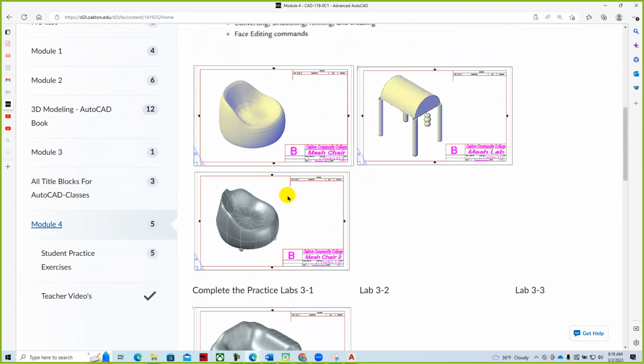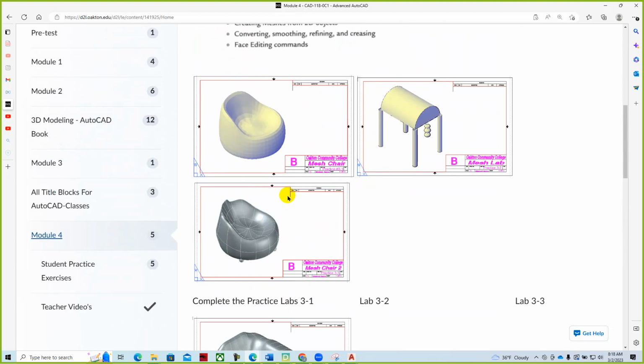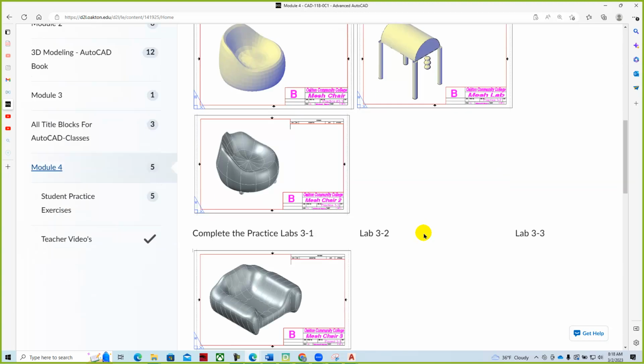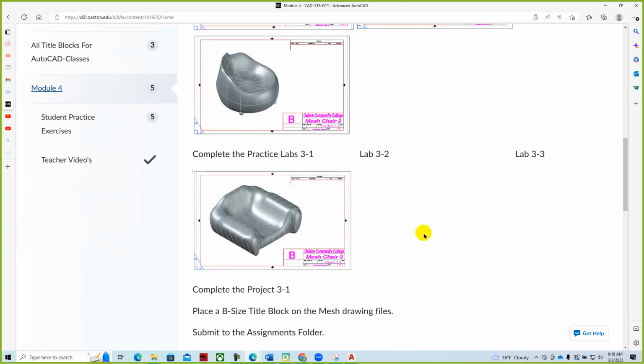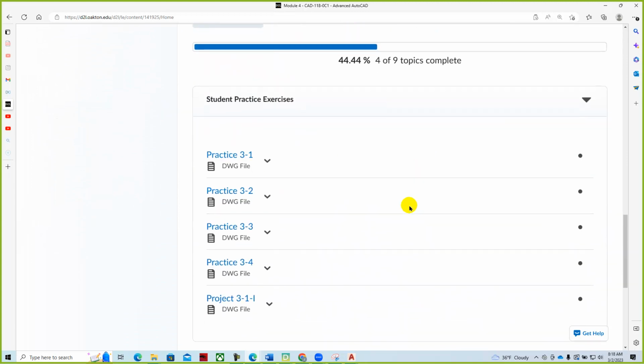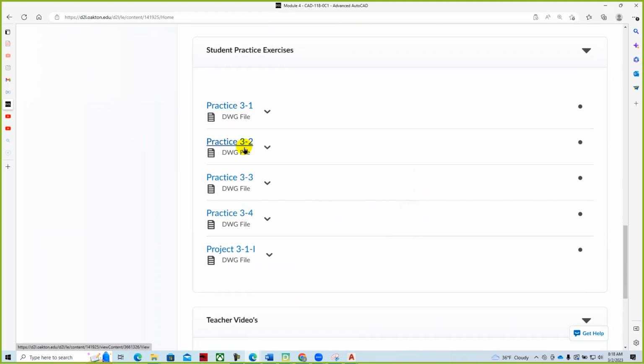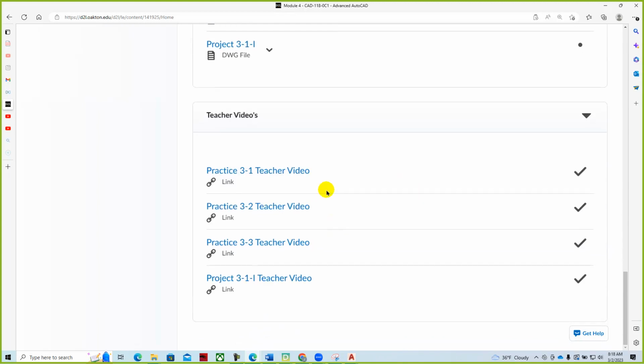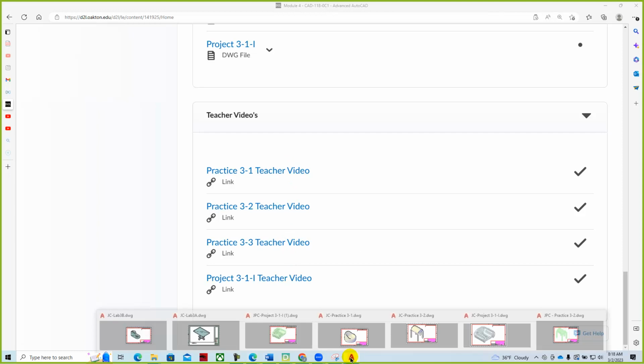And so the textbook does a decent job. It's really surface modeling, and this was really what was done before we did solids. And so things like ruled surfaces and revolved surfaces and things like that come back to mind as I create these different models. And so we'll use the B-size title block for these. You'll download the practice exercise, and then here we have the teacher videos on how to create these different mesh models